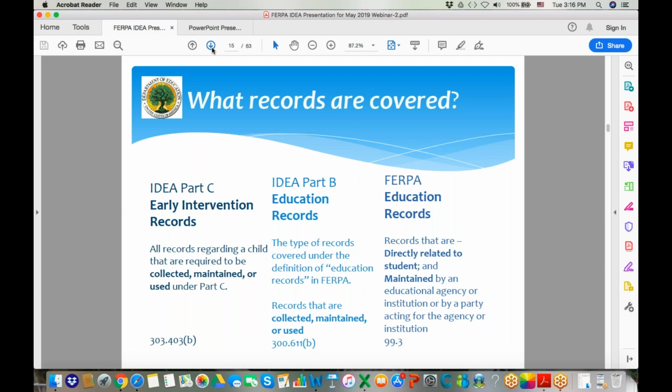And this becomes complicated because we now have records that are maintained in cloud-based systems, and it's not always clear whether the EIS provider or an LEA or a school is maintaining those records. Often our analysis is very case specific, but I wanted to pause on this slide because for so many of the questions we receive, you'll want to go back and look at the regulations in this space, both under Part C, under Part B, if it's a question for a child with a disability, and under FERPA. Next slide, please.